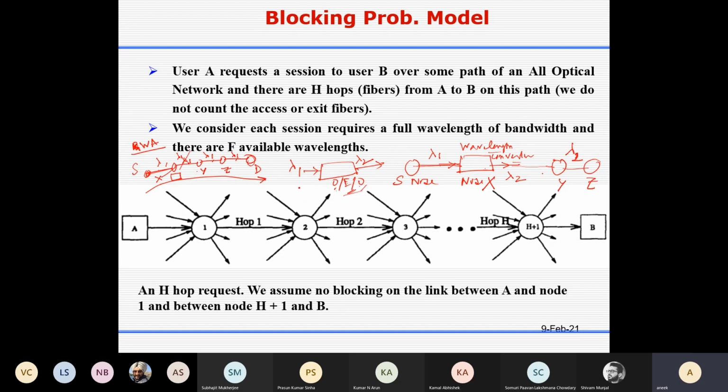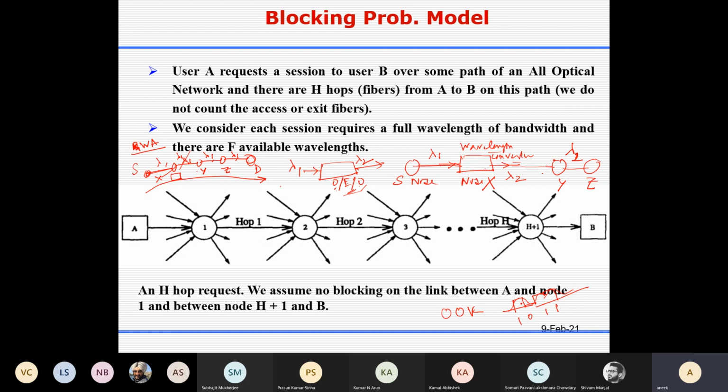Let's say you are using on-off keying, the simplest modulation scheme. In on-off keying, sometimes you get 1 and then 0, then again 1, then again 1, like this. This is your 1 0 1 1. When this signal passes through fiber, it will be distorted, something like this.